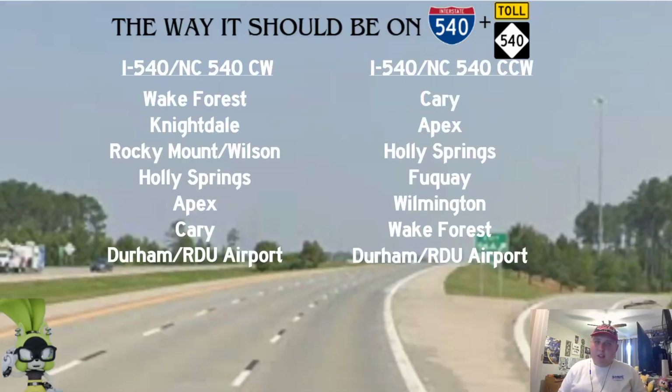So starting off with clockwise, we're going to be going Wake Forest, then Nightdale, then Rocky Mount / Wilson, and then for the tolled portion, I would start off with Holly Springs, then go to Apex, then Cary, then the Durham / RDU Airport. And then going counterclockwise, I would start off with Cary, then Apex, then Holly Springs, and